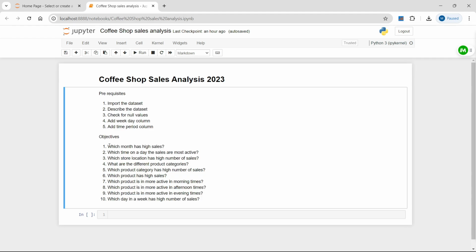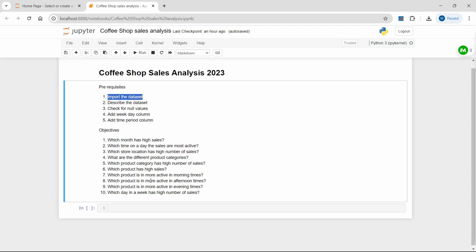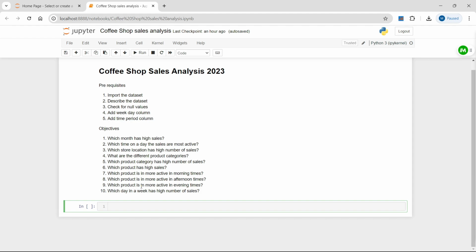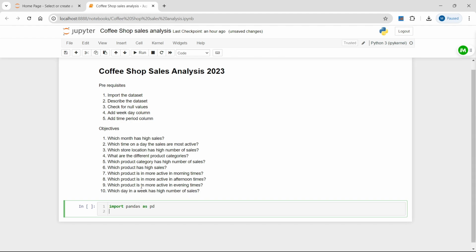We are going to find answers to these questions, and let's import the dataset first. To import the dataset, we are going to use pandas. So let's import our pandas library: import pandas as pd. Now let's take a variable, data, to store the data. Now let's use pd dot read_excel,